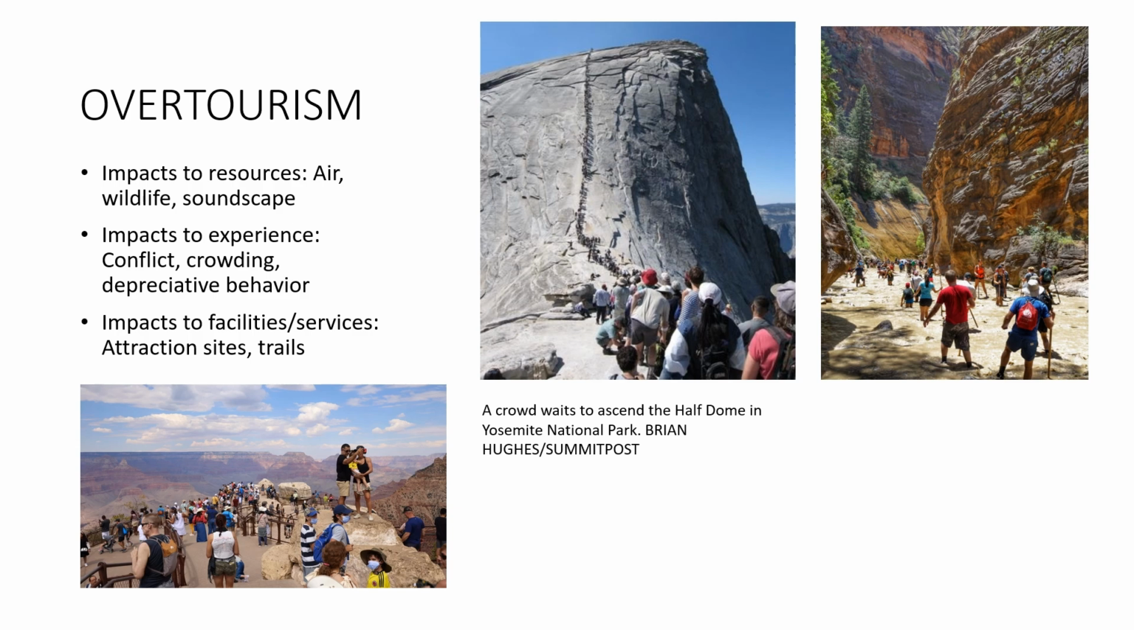These include impacts to natural resources such as air, wildlife, soundscape, and also impacts to experience such as conflicting tourism activities, overcrowding, and depreciative behavior. There are also tensions and stress on facilities and road services, attraction sites, and trails. These photos show a crowd waiting to ascend the Half Dome in Yosemite National Park, demonstrating the seriousness of this